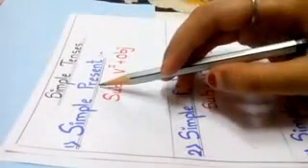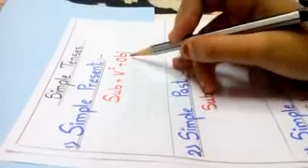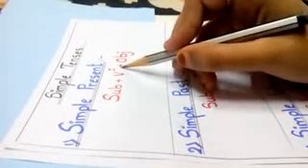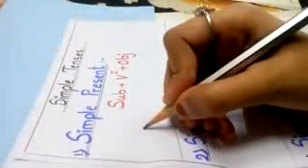Okay, so here we will start with simple tenses. In simple tenses we will first learn simple present tense. So the formula for simple present tense is subject plus V1 plus object. Now what is V1? V1 is the present form of verb. Here I will give you a simple example, so you will come to know how to use simple tenses while performing the sentence.